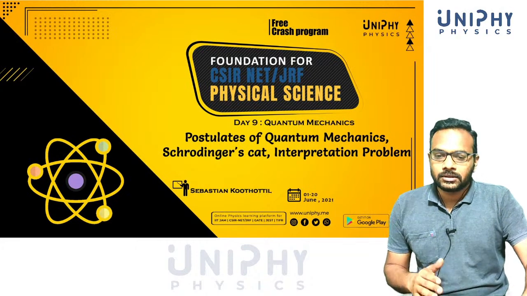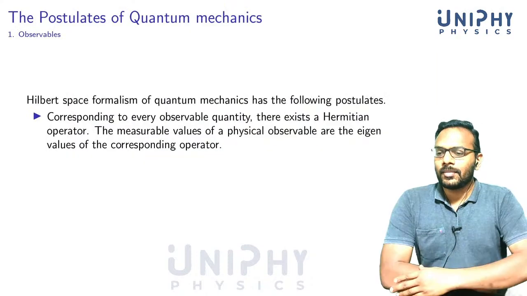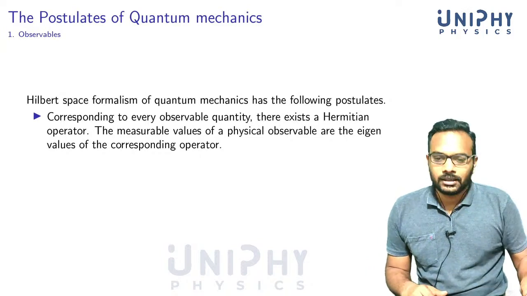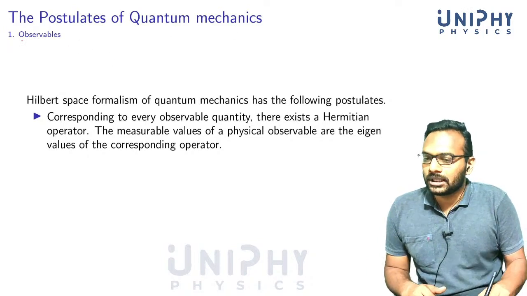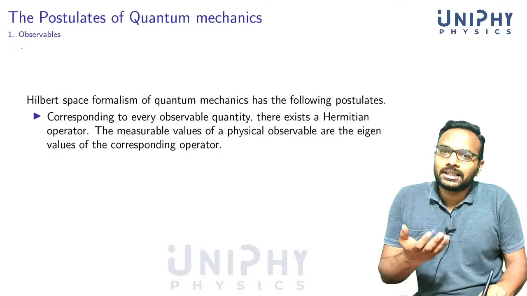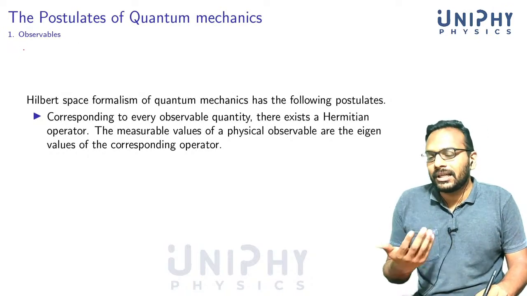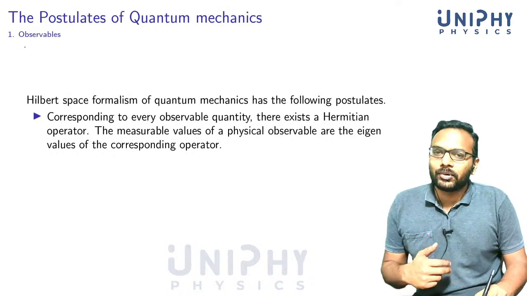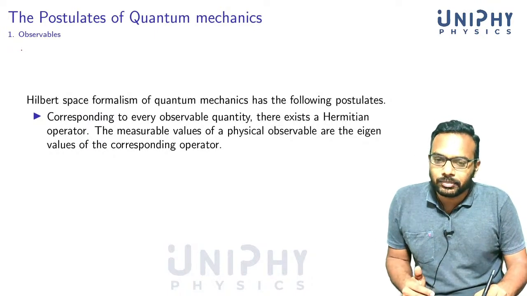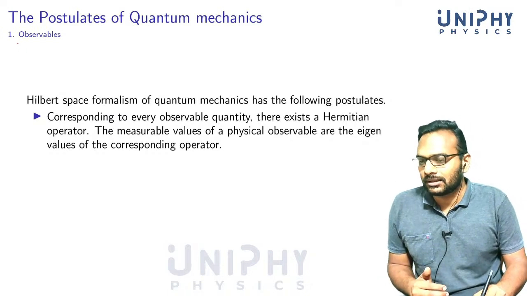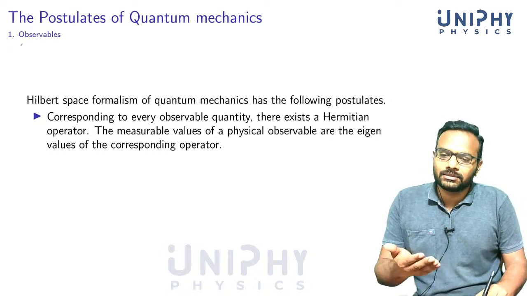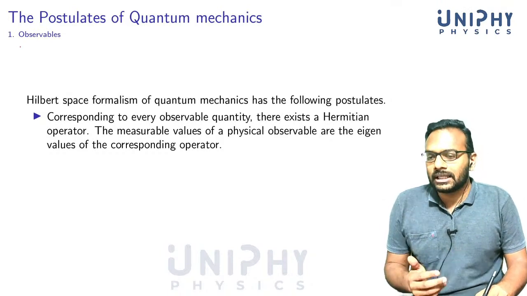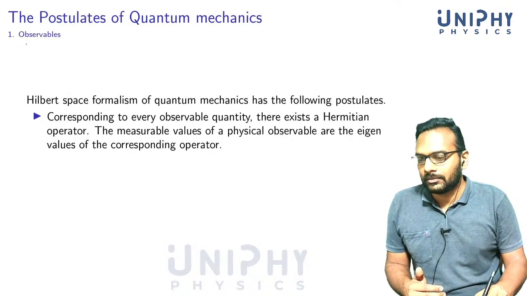So let's start. These are the postulates of quantum mechanics. There are observables. We motivated these postulates in a semi-logical manner using the double slit experiment. Now we have reached the point where we can just state the postulates and construct the theory from there. There are reasons why we take these postulates, and there are motivations. I have already given them. The motivations are experimental.